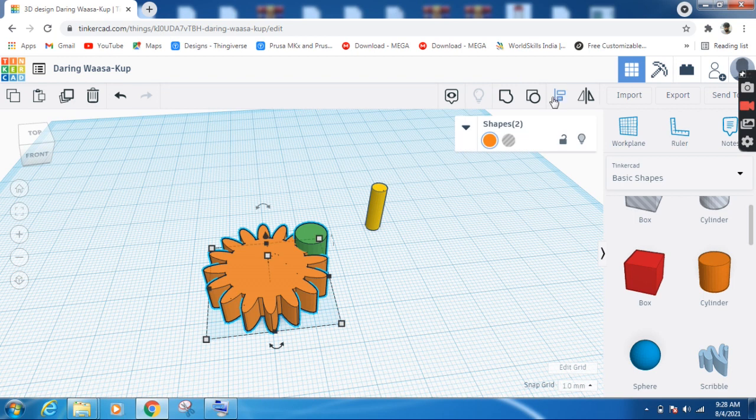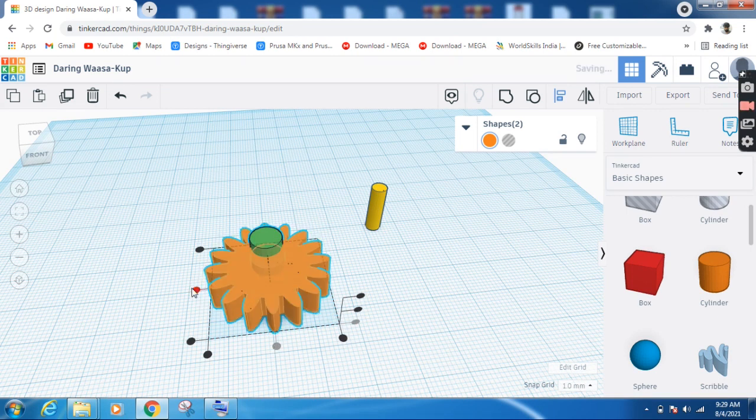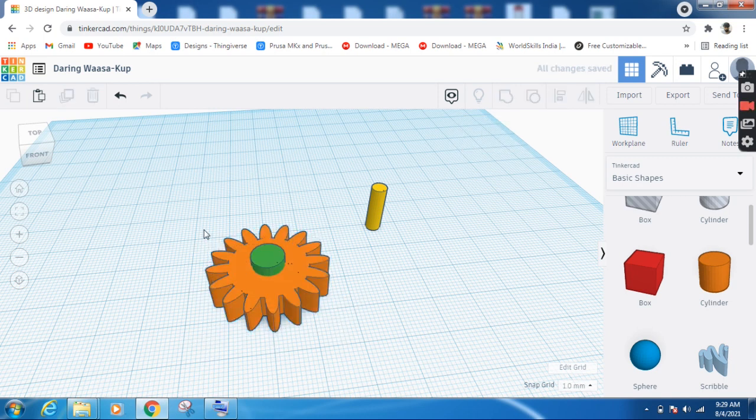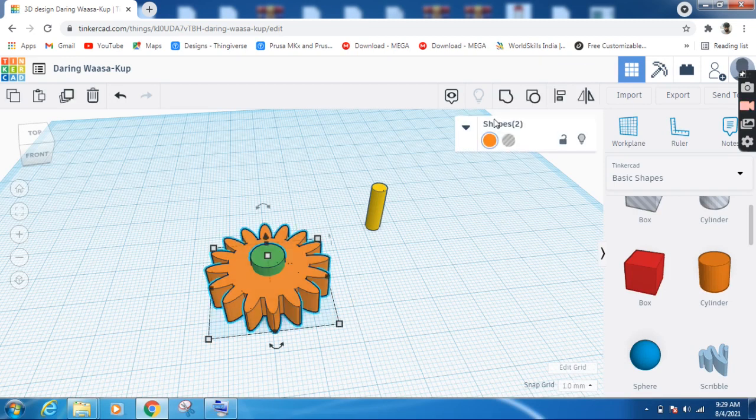Then I will click align, then press this middle black dot point. Then on the left side you see another black dot point. I will click there, and when I press there, it will align in the middle. Now I'm going to group both. I will select both objects and press this group button.